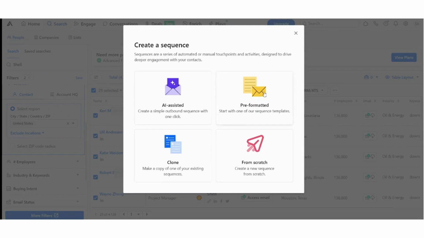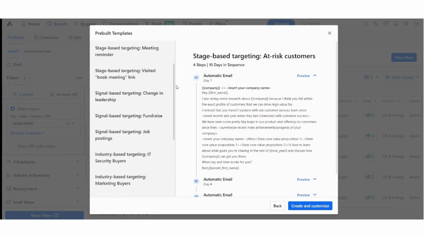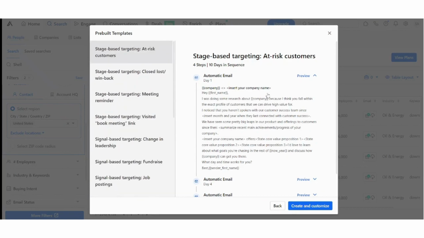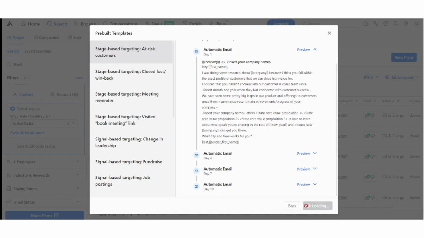So let's go to template and create a sequence. Here you will find multiple templates that you can use to create your own sequence. I will just use the first one. Let's see what it contains. It contains first that it will send an automatic email. Then after 3 days, it will send another one, then another 3 days and it will send another one, then another 3 days and it will send another one. So if we create it and customize from here,